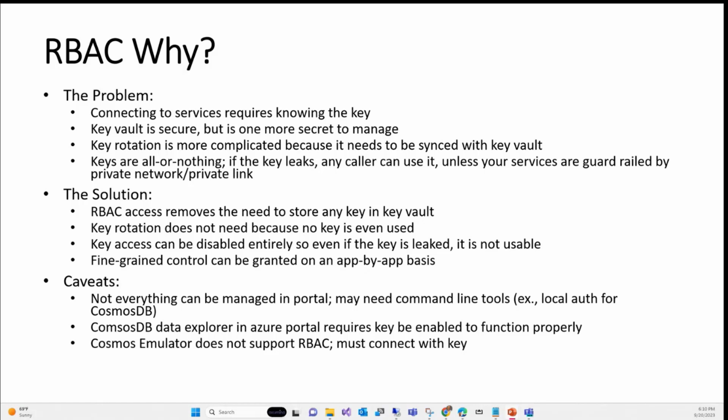Okay, so assuming that your service is in a public network, you have a key, and you have a website talking to the Azure storage. You use the key as a connection string, and now it's all working. But that key is not stopping you from connecting from anywhere else. Say that key leaks somewhere else. I'm demoing, I check in the code, accidentally I put the key. Now you can take the key, you can connect to my services.